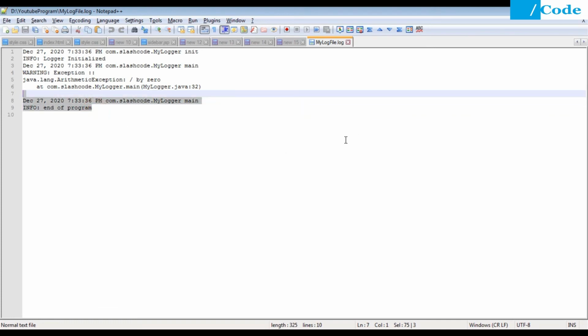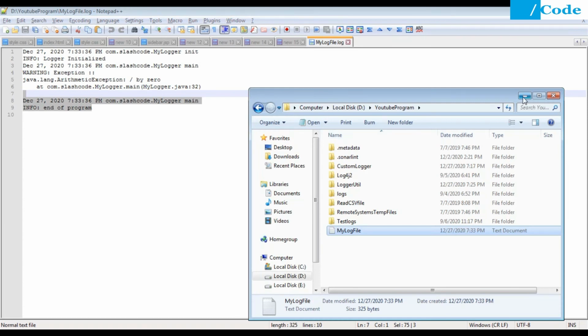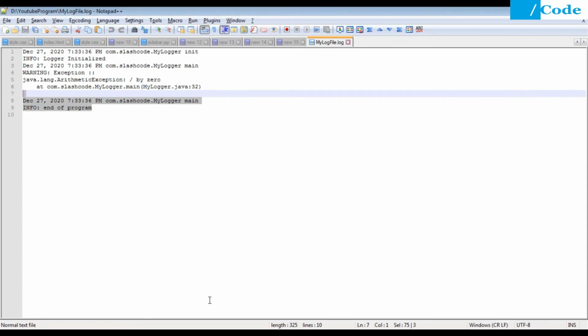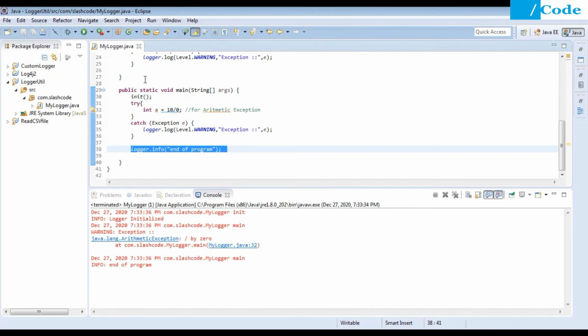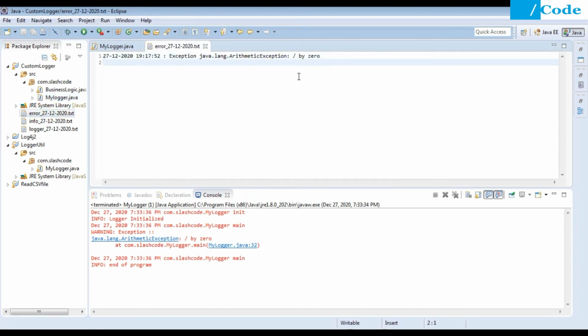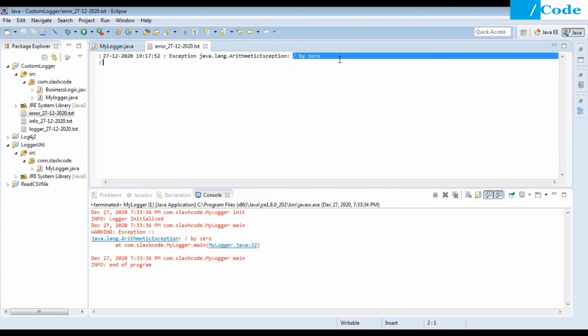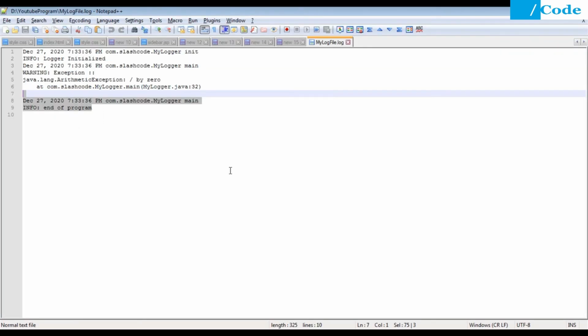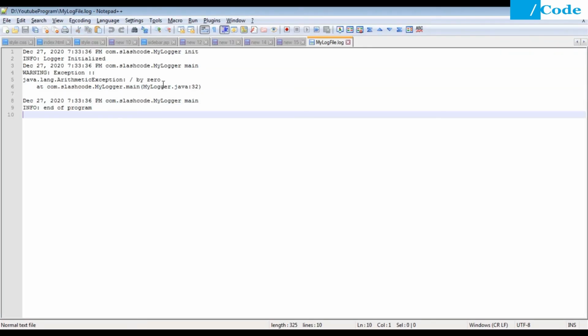If you see my earlier execution of the program with the custom logging, we can define only whatever details we have, but inside the logger we got multiple details, like where the issue occurred and what the line number is. Inside the custom one we just printed divide by 0, but here we got the divide by 0 as well as the line number. So this is the advantage if we use the Java logger inside our application.